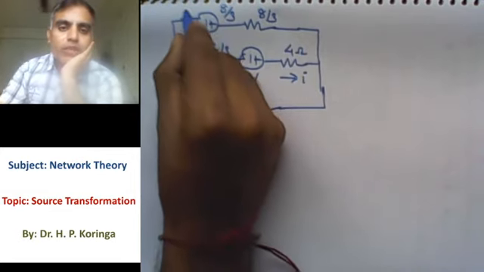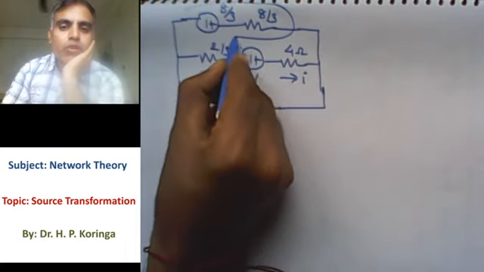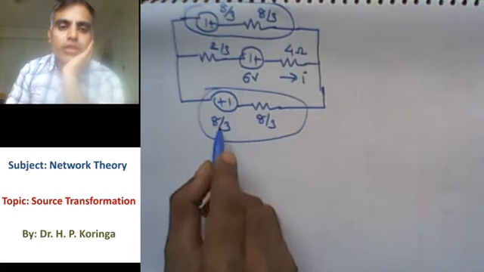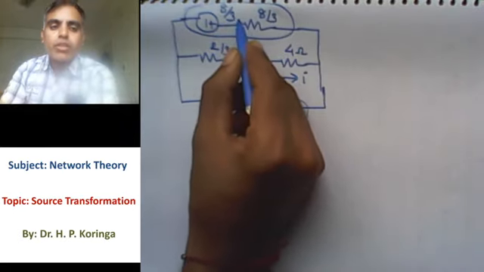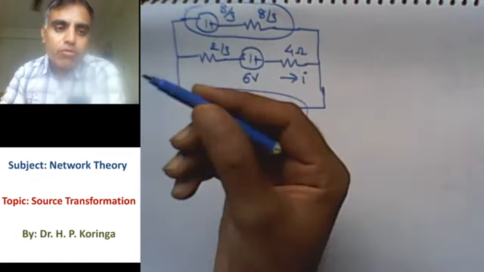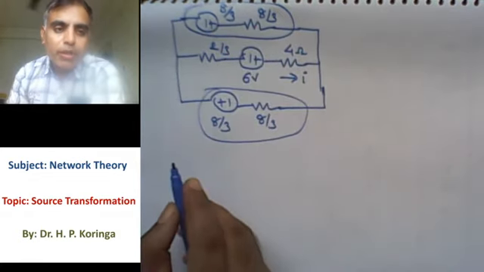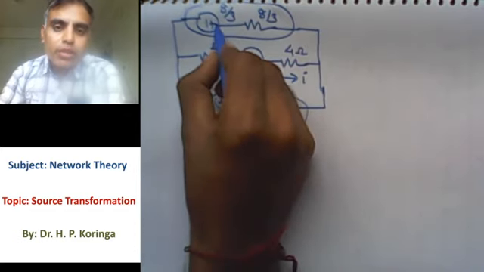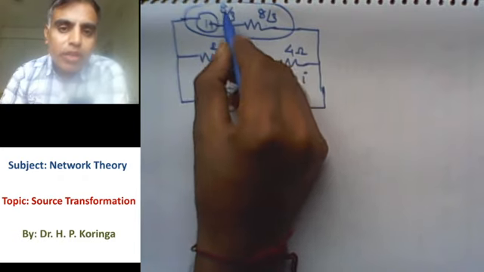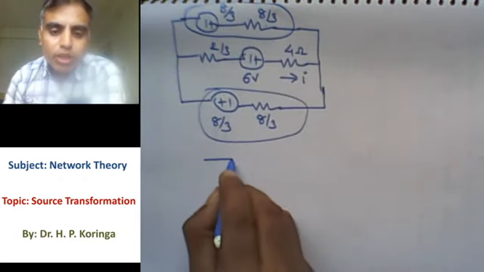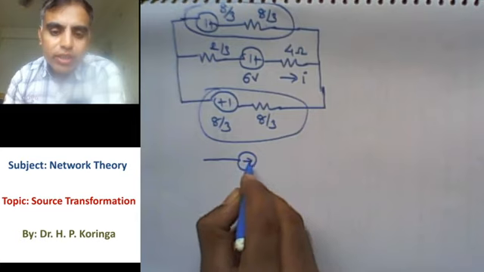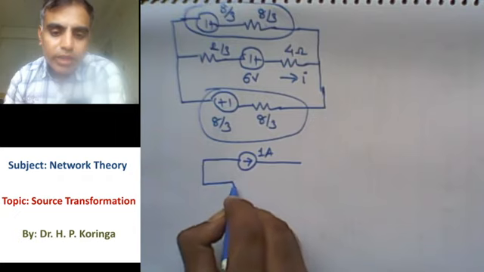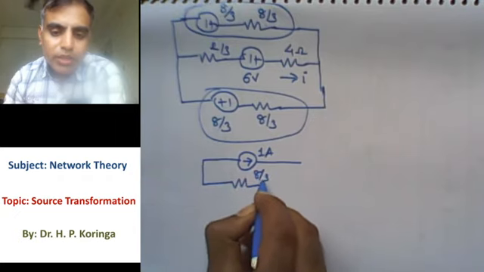So let's convert the voltage sources. If we convert both these voltage sources into current sources, then the current source of this and the current source of this will come into parallel, and the equivalent resistance also comes into parallel. So it can be replaced by a single current source. So what is the current source? Here the current source value is 8 by 3 divided by 8 by 3, so the current value is 1 ampere and the direction is this side, and the equivalent resistance comes in parallel, which has the value 8 by 3.